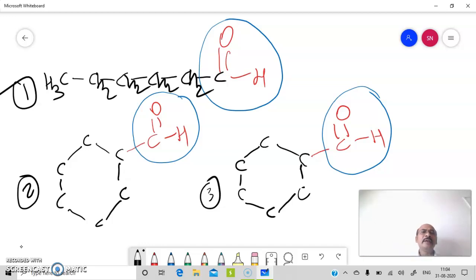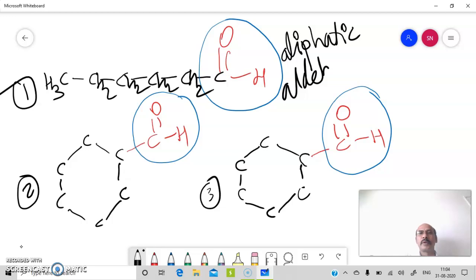So where an open chain carbon skeleton is present, aldehydes are called aliphatic aldehydes. So what are these? Aliphatic aldehydes, open chain aldehydes. Okay, in case of cyclic aldehydes,